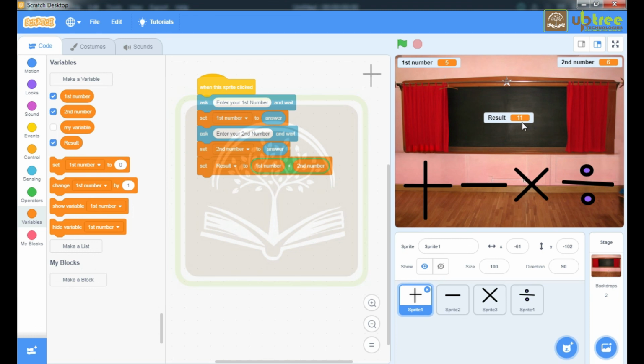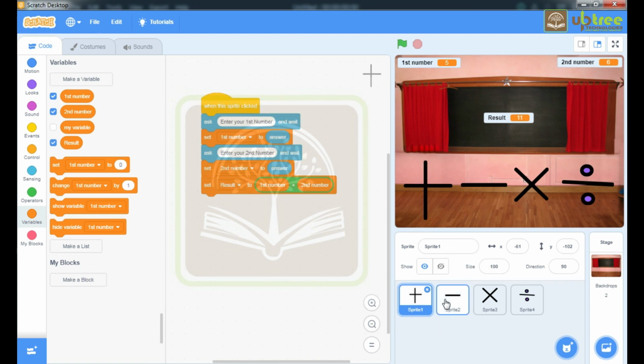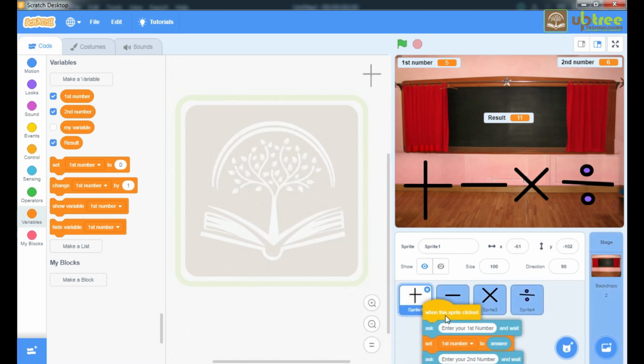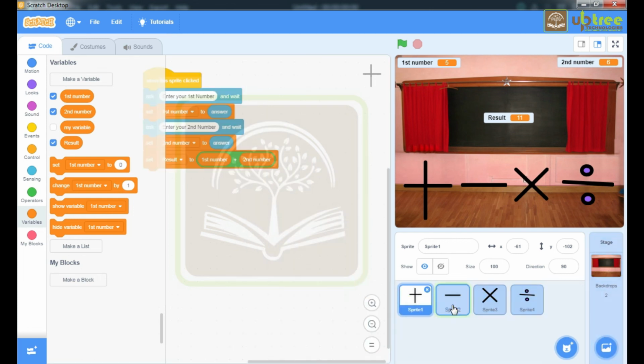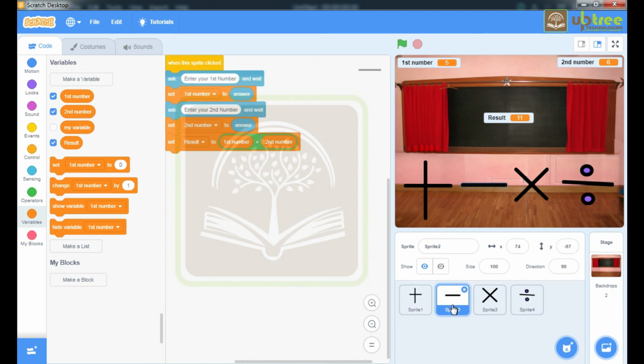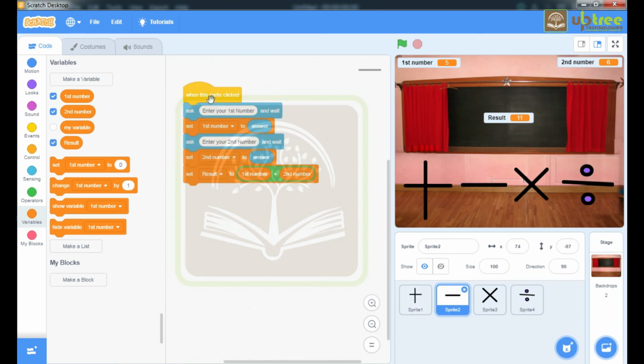Now move to the minus sprite. Here in the minus sprite we have to do certain steps similar to what we did for the plus sprite. So I am going to copy this script into the minus sprite. Here we have to change only this operator.